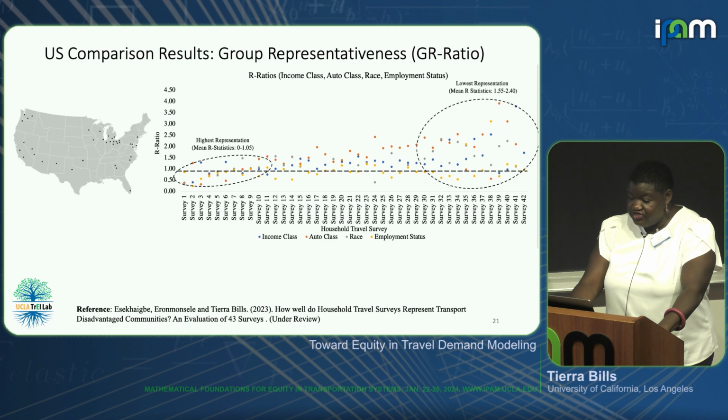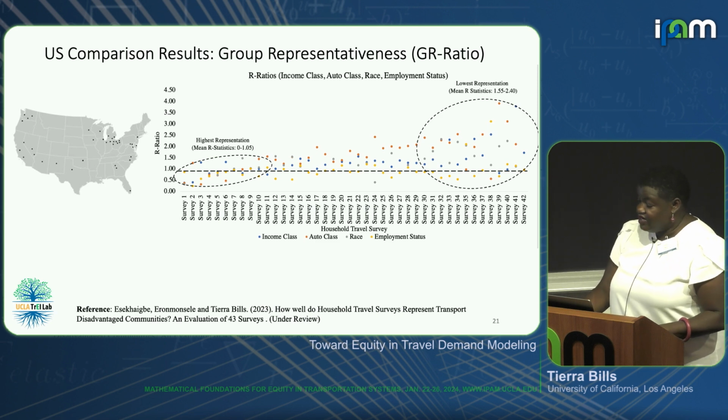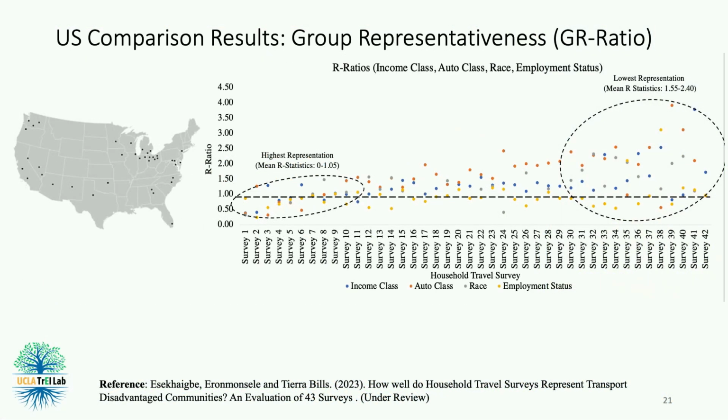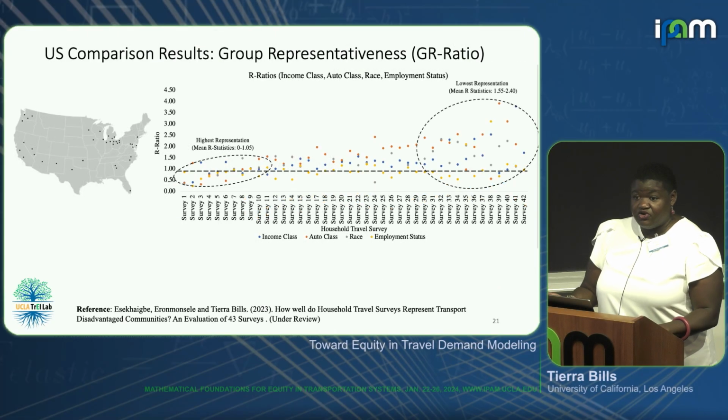So we apply this measure by comparing 42 different household travel surveys across the United States. And so we painstakingly collected and processed, and also computed some more qualitative indicators about how the surveys were collected and what the strategies were and so forth. But we applied this measure, and we also applied it across different domains of disadvantage. So we looked at things like low income versus high income, zero vehicle households versus households with at least one vehicle. We looked at Black heads of household versus white heads of household, and also unemployed versus employed